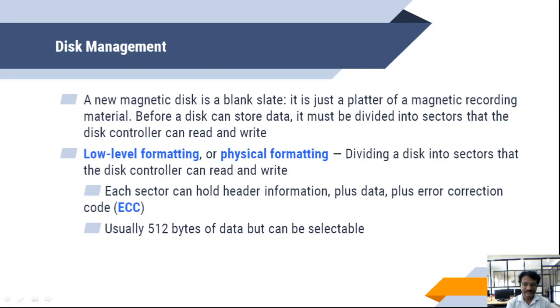The ECC is an error correcting code because it contains enough information. If only a few bits of the data have been corrupted, it enables the controller to identify which bits have changed and calculate what their correct value should be. It then reports a recoverable soft error. The controller automatically does the ECC processing whenever a sector is read or written.